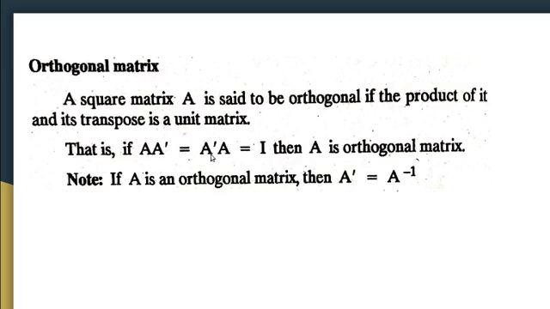A into A inverse is equal to I. So A transpose should be equal to A inverse for an orthogonal matrix. So, what is an orthogonal matrix? If a given matrix, when multiplied with its transpose, becomes equal to the unit matrix, then the given square matrix is said to be an orthogonal matrix. Then the transpose matrix should be equal to A inverse for a given matrix to be an orthogonal matrix. That is the condition for an orthogonal matrix.